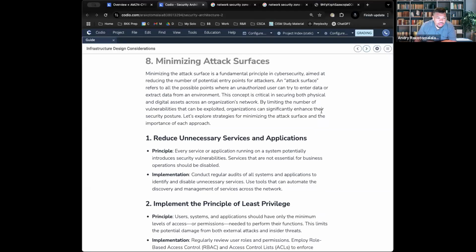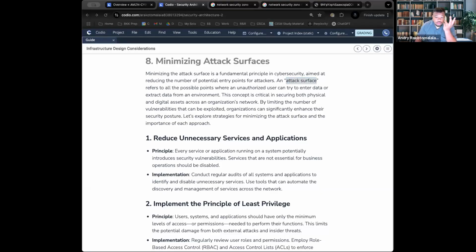Moving on. So, how exactly can you minimize attack surfaces? Well, to put it quite simply, you need to look at all the different ways an attacker would want to gain access to it, right? So one of the ways they'll do that is they want to enter the system, they want to extract data, or they want to essentially exploit vulnerabilities. Again, that's the attack surface, all the ways that they can try to cause harm.